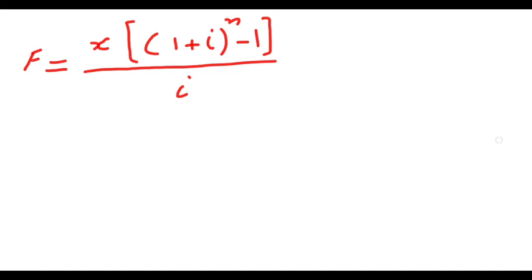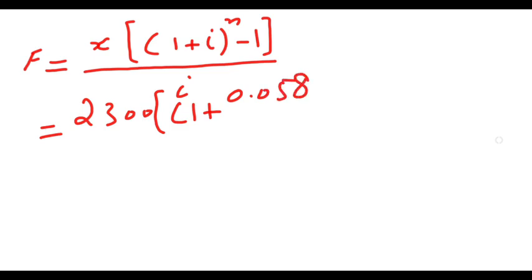So we're going to use the future value annuity formula. The formula says x bracket 1 plus i power n minus 1 over i. So I'm going to substitute all of these values into the formula. The 2,300 he is paying every month, and from the formula, i, the interest rate is 5.8%, meaning